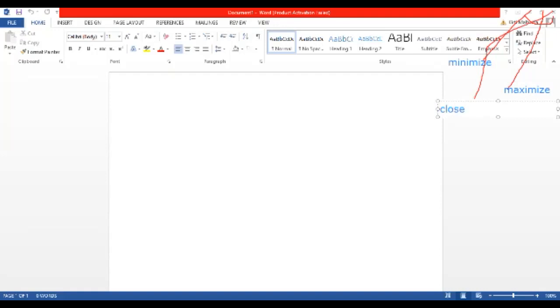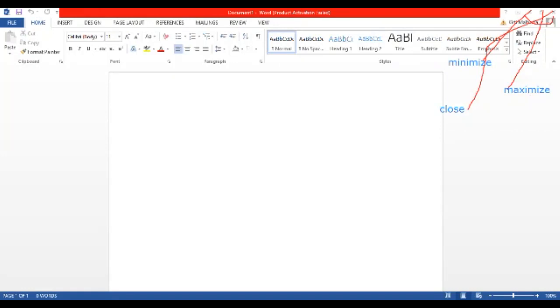Now students, you can see where I have done the marking. See where my pointer is going. This one is minimize, this one is maximize, and the last one is close.